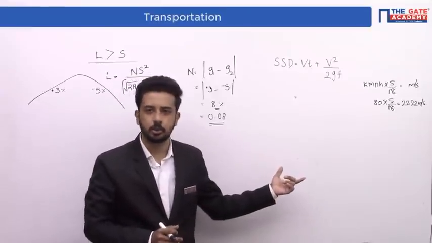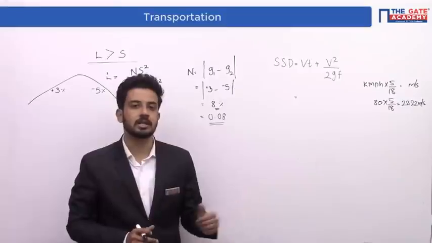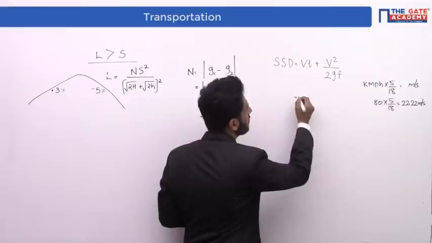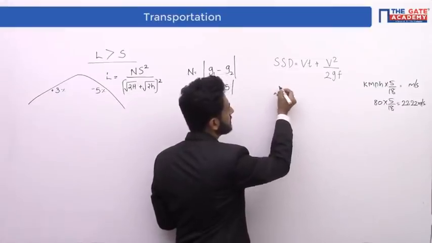So don't try to round it off. At least take 2-3 decimals and move on. Okay? So what will be the value? The stopping sight distance will be